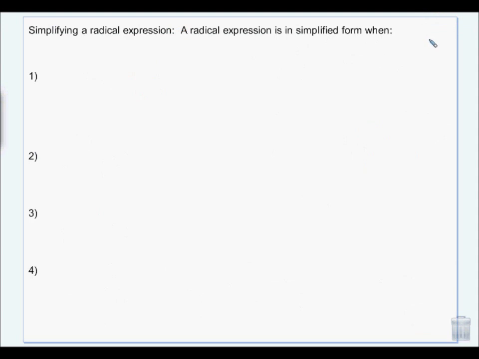Simplifying a radical expression. Okay, a radical expression is in simplified form when the index, which is whatever n, is as small as possible. Okay, and the index is this number here. What kind of root do you have? Okay, the radicand